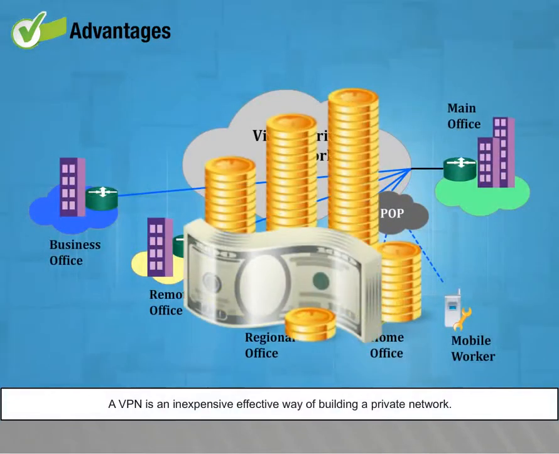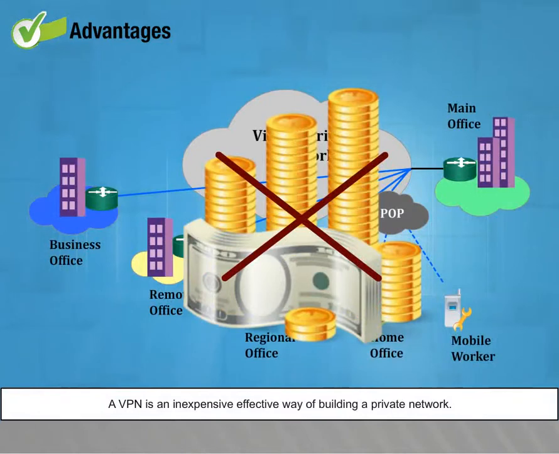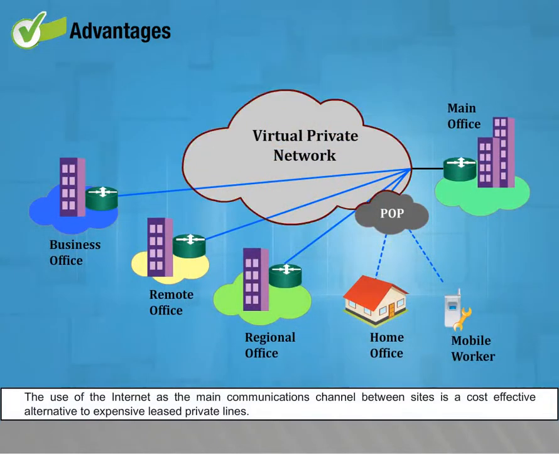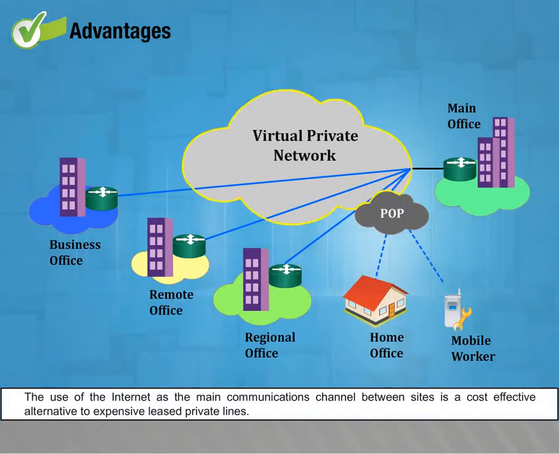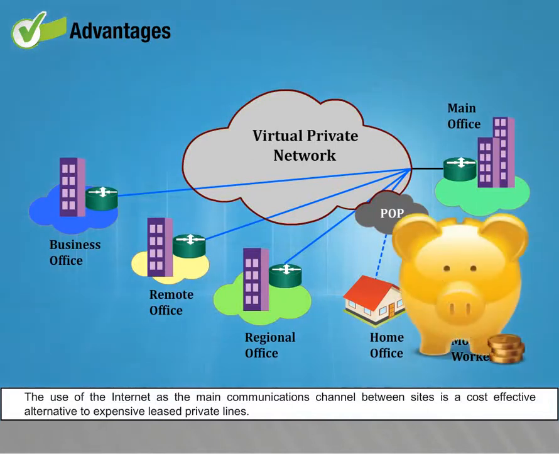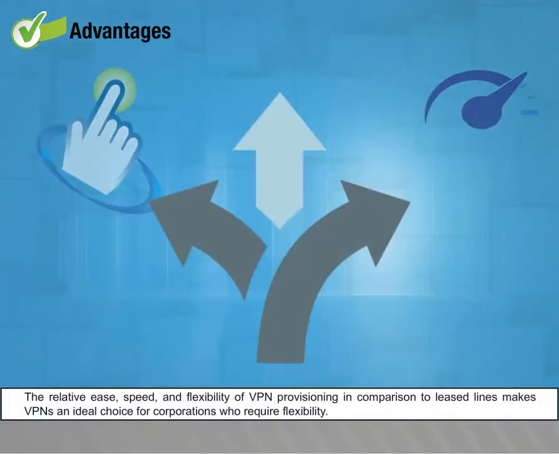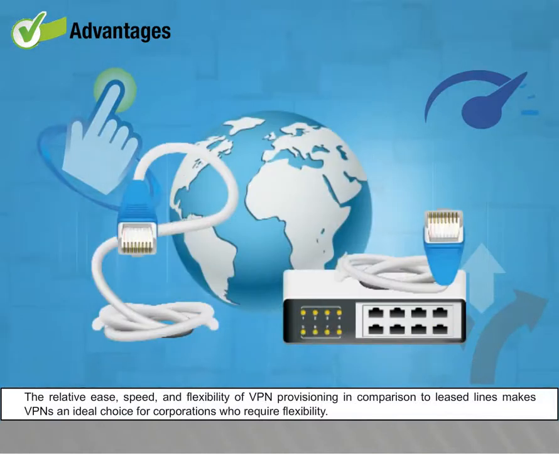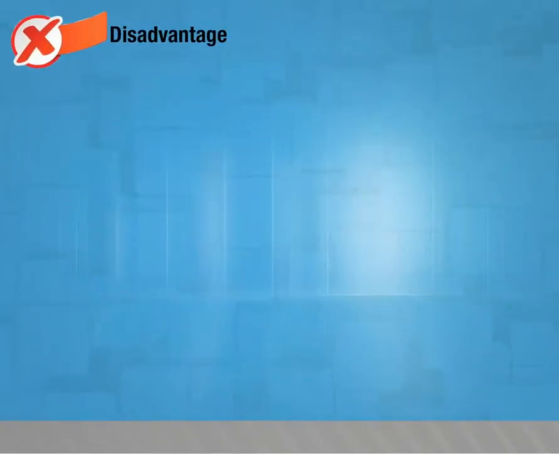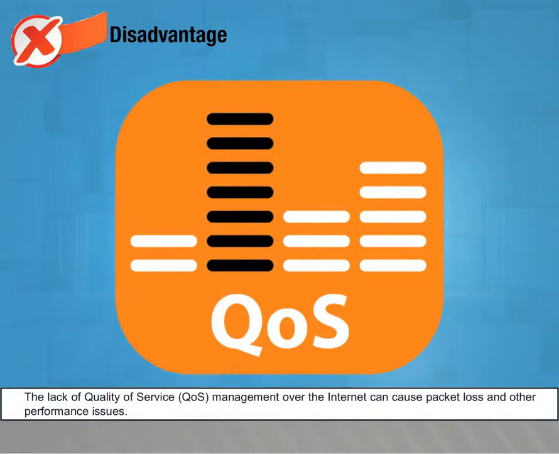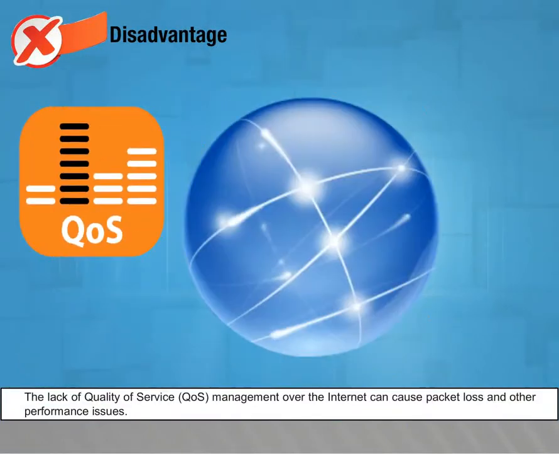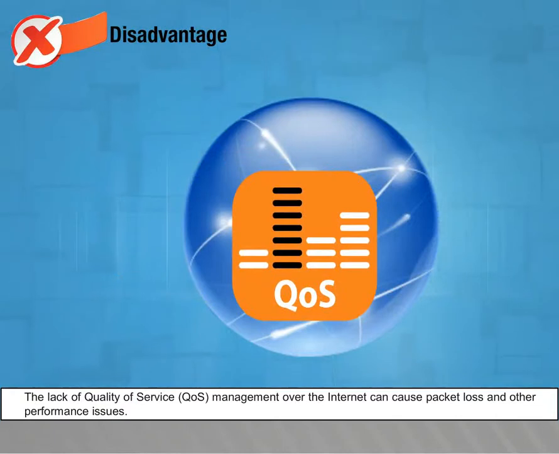A VPN is an inexpensive, effective way of building a private network. The use of the Internet as the main communications channel between sites is a cost-effective alternative to expensive leased private lines. The relative ease, speed, and flexibility of VPN provisioning in comparison to leased lines makes VPNs an ideal choice for corporations who require flexibility. Disadvantages: the lack of quality of service (QoS) management over the Internet can cause packet loss